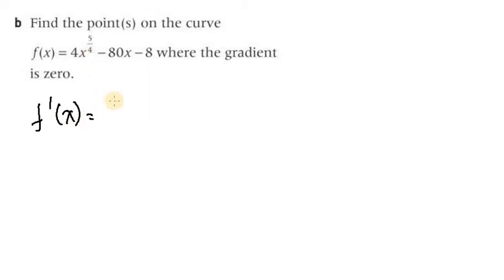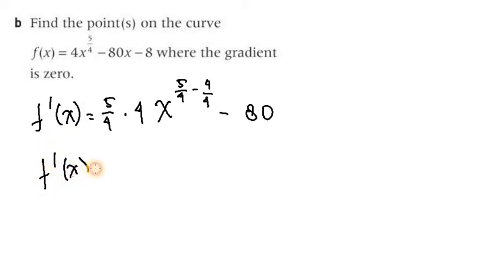f'(x) equals 5 over 4 times 4x to the power of 5 over 4, minus, because the denominator is 4, we will just subtract 4 over 4, it's minus 1, yeah, minus 80x, the x is gone. So let's make it a little bit better for us. So f'(x) equals 5 over 4 times 4 is 5, x to the power of 1 over